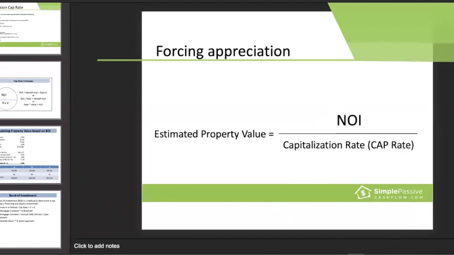Yeah, I have one question. Yeah, good. At what size unit do you think this calculation starts to matter? Like actually going through the whole cap rate exercise? I think